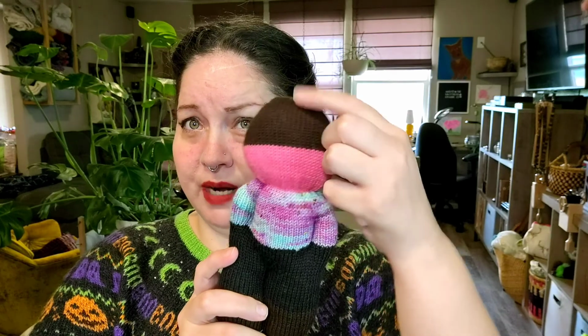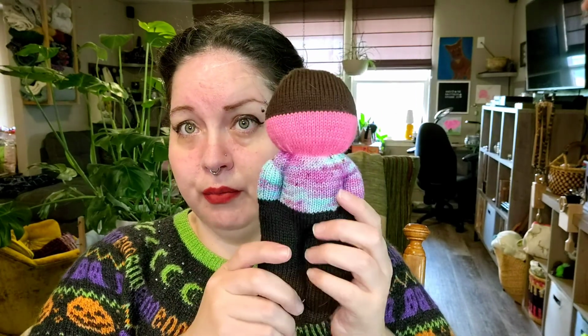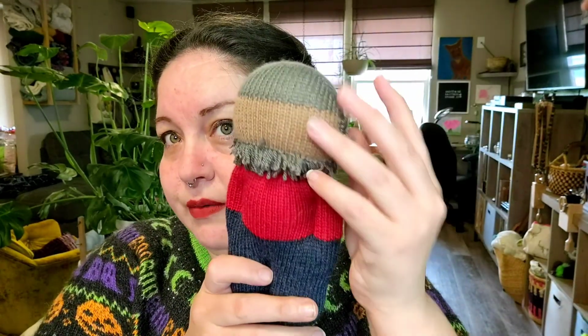I had brown, but I wanted to use it for the hair, and I could have done a little brown person, but I decided to just use the pink to see what that looked like. And so this is the first guy I made. He kind of reminds me of like Mr. Bill. I don't know. So then I made this little old gentleman, gave him a little beard with some